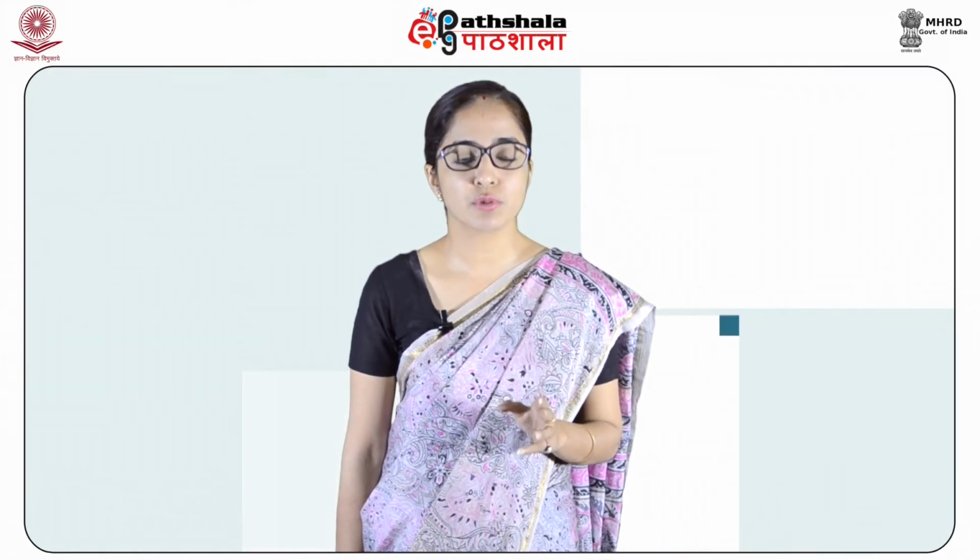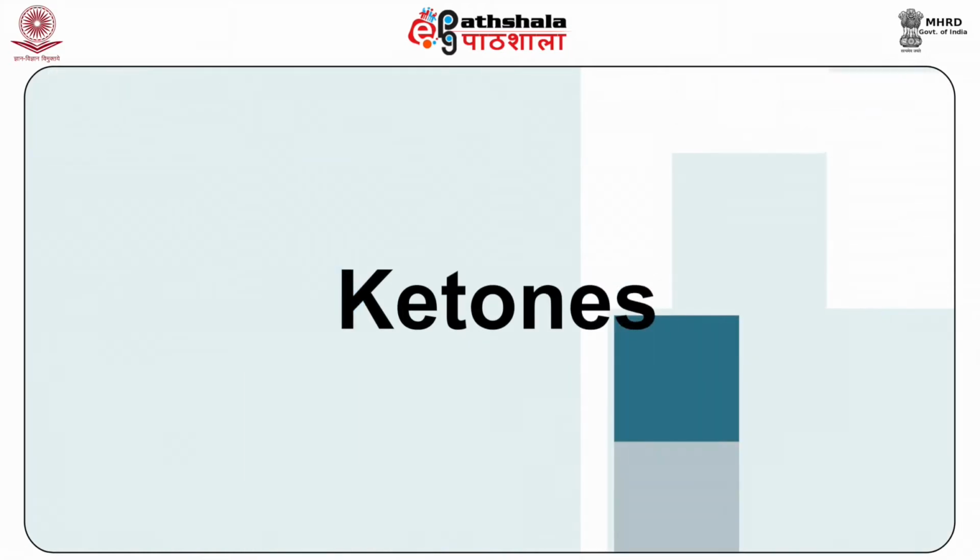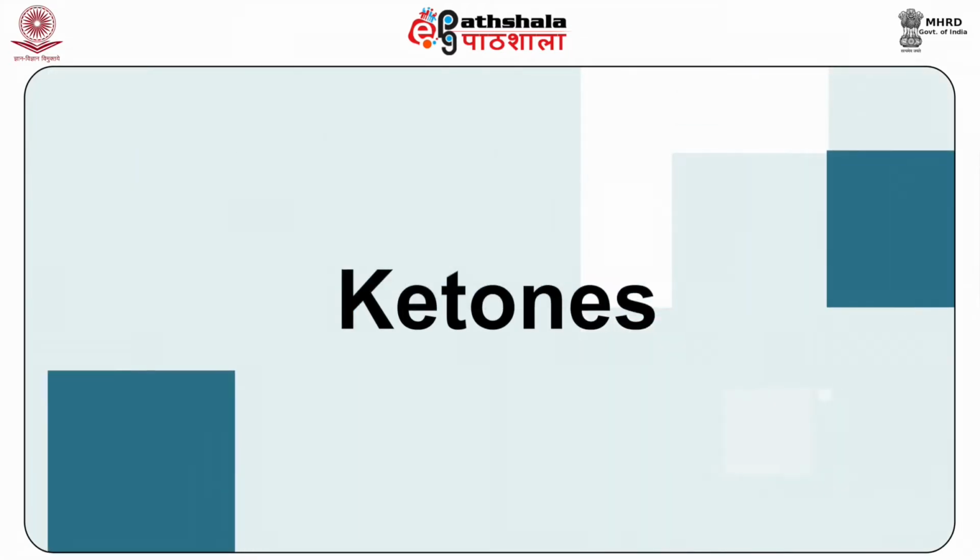Note that the peak at m/z equal to 77 corresponds to the phenyl cation, which is formed by the loss of formyl cation from aromatic aldehydes. Now, let us continue our discussion with carbonyl groups. Now, we will move our discussion from aldehydes to ketones.